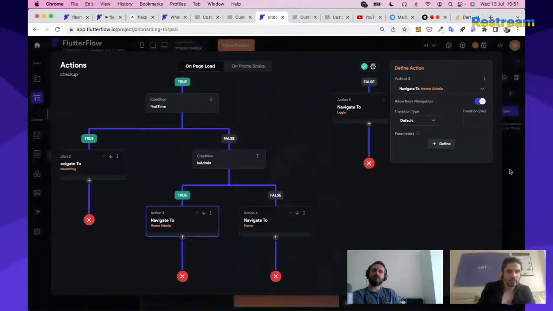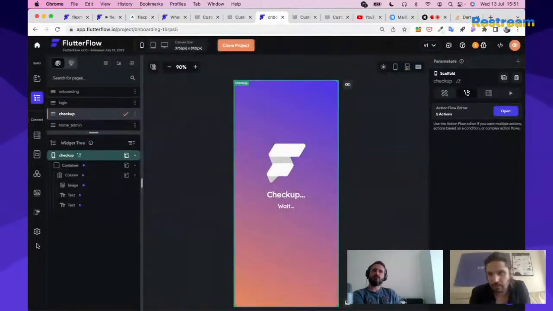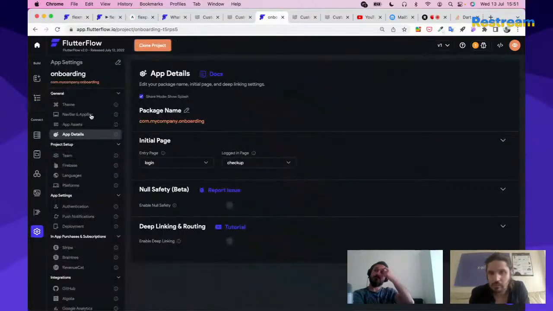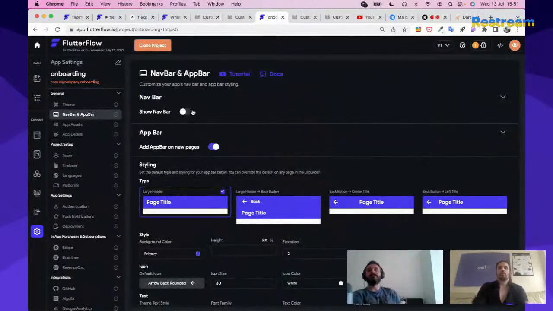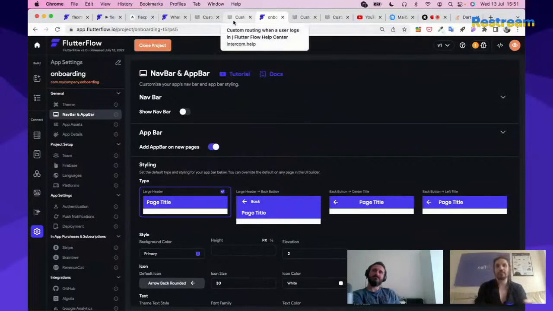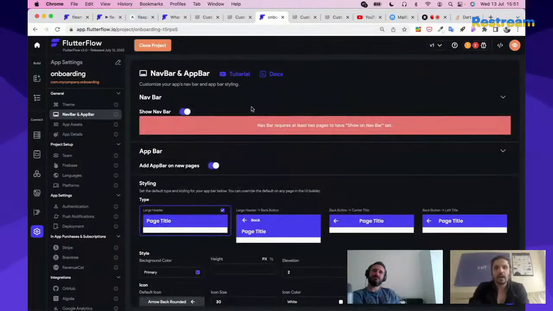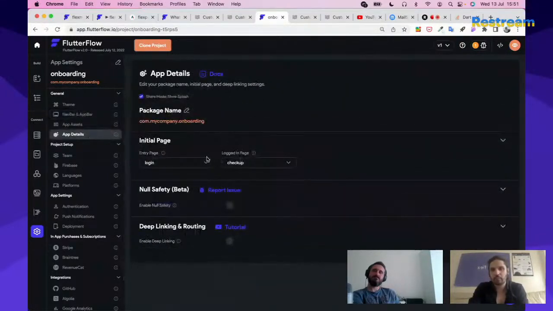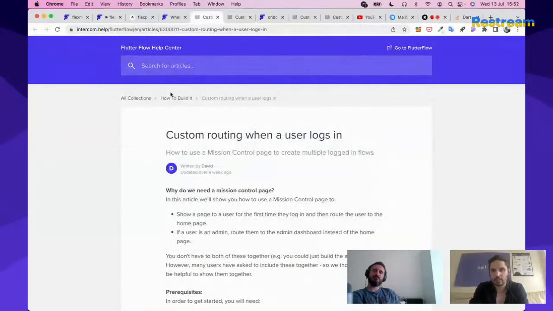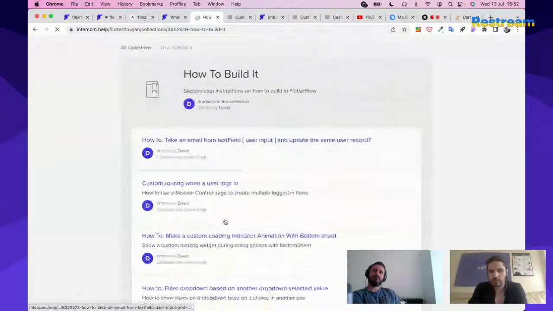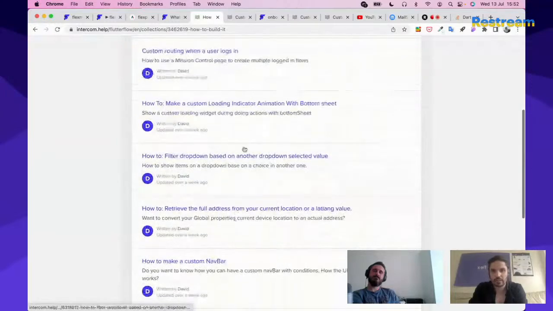The other interesting thing is, does this page use a navbar? This is interesting. No. So one of the limitations to note when you're doing this is that by default, if you use the built-in navbar, it requires you to have both of these pages on the navbar, which obviously you don't want, because this page is just a loading screen. So then you would have to create a custom navbar, which again is one of the